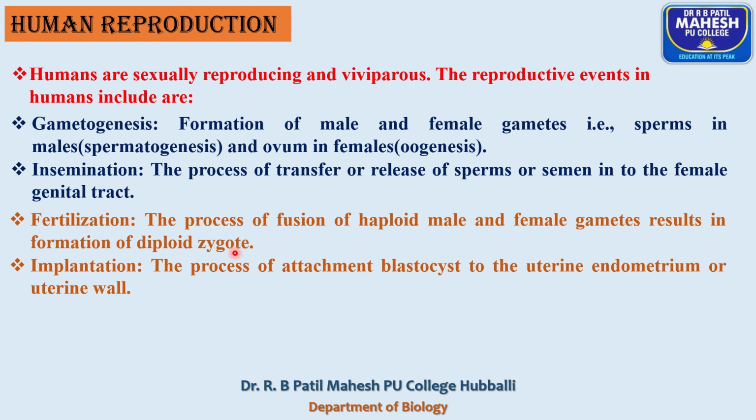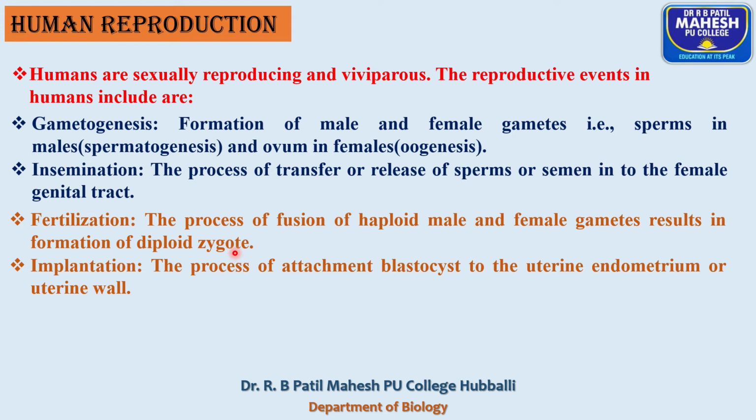A peculiar characteristic feature of the human female gamete is that it is alecithal. That means yolk is completely absent. Reserved food material is completely absent. For the developmental stages, the nutrients present in the cytoplasm are utilized for the initial growth and development of the embryo. Once it reaches the blastula, for further development, it requires a continuous supply of energy.